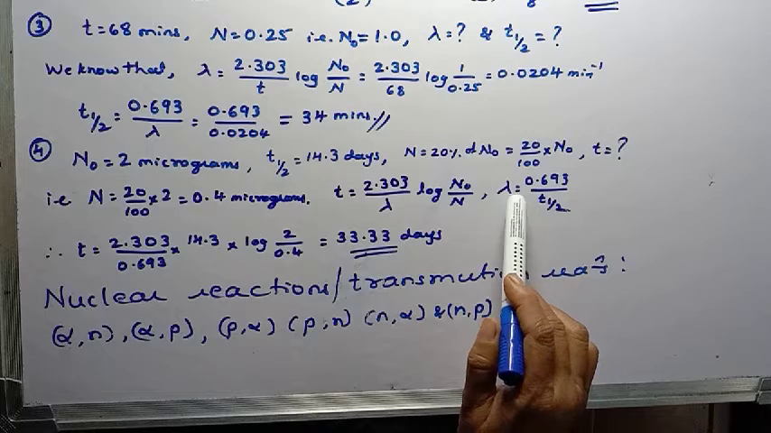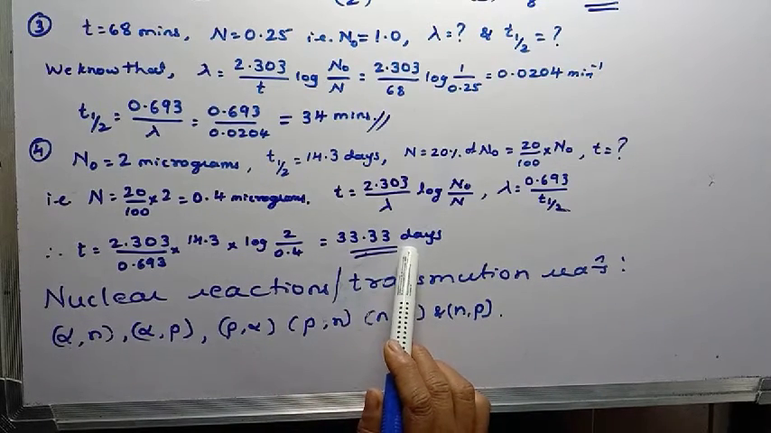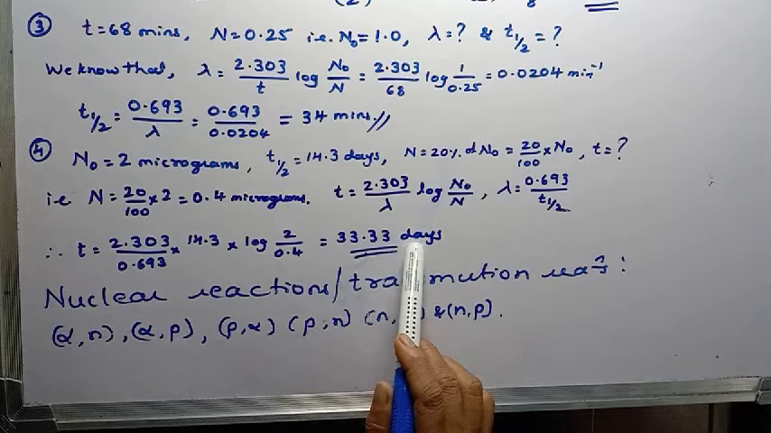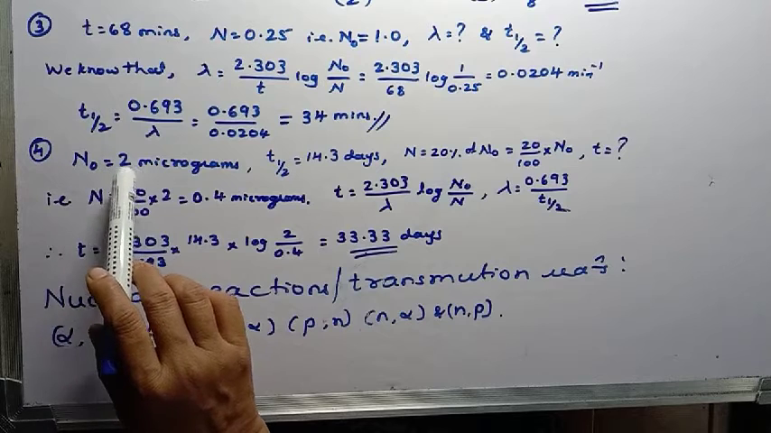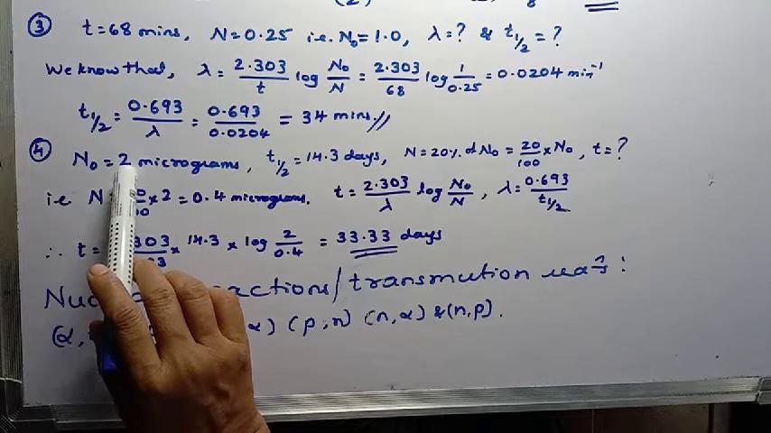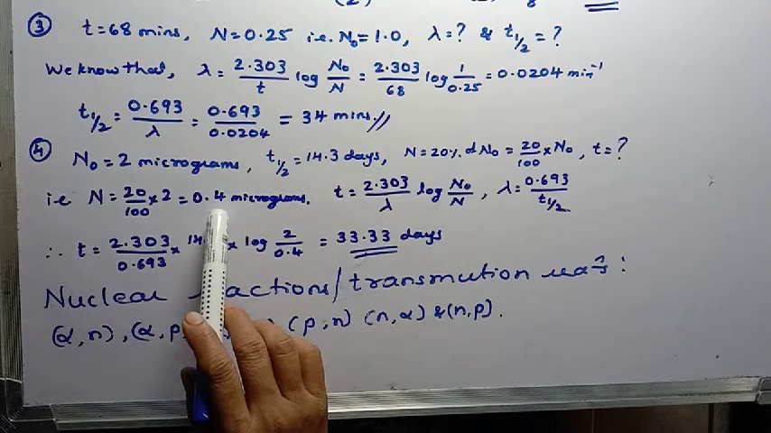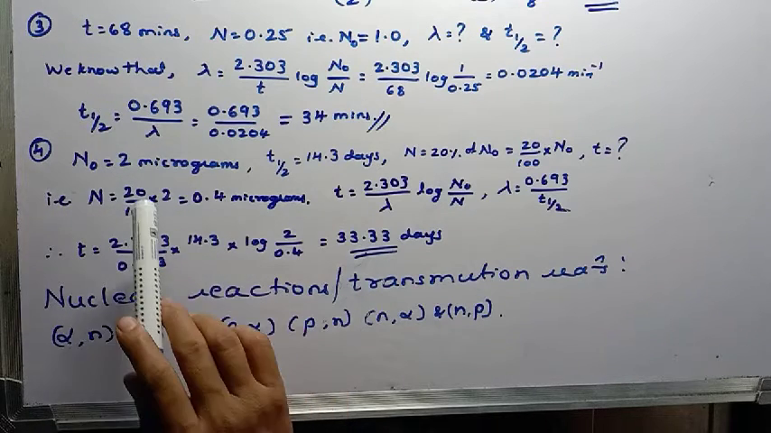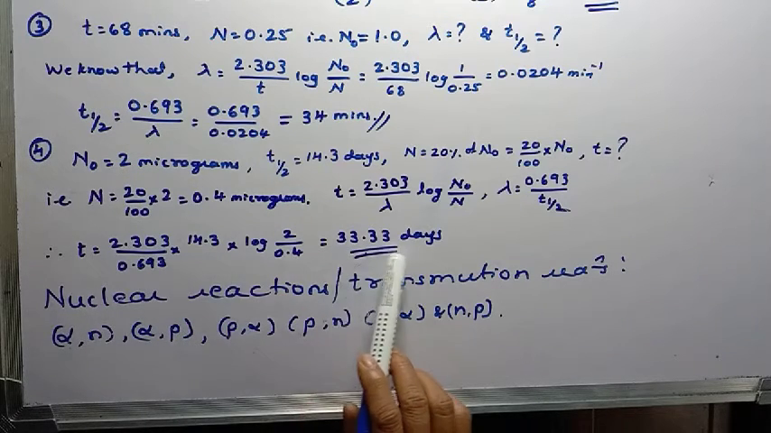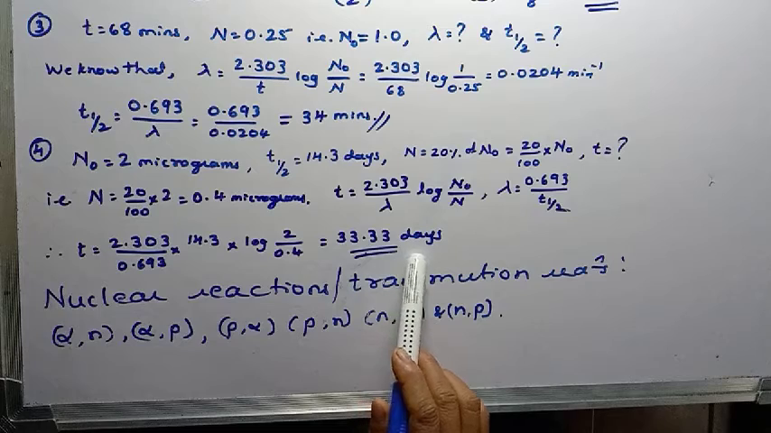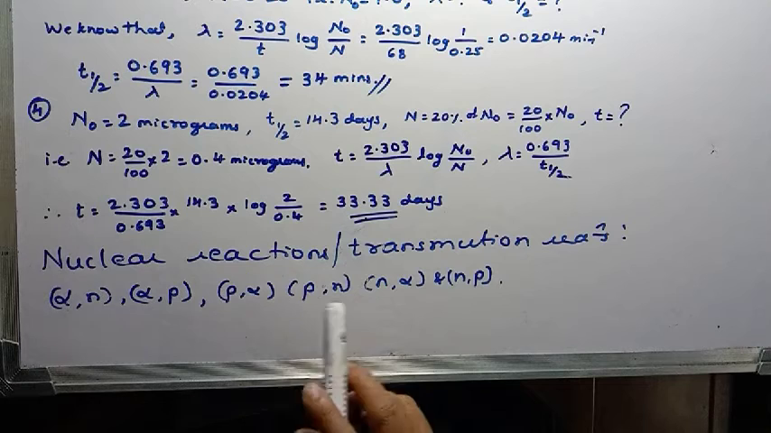Okay, by putting this value here and on simplification you will get the answer, that is 33.33 days. So after this much time, the 20% of the 2 will reduce to 0.4 micrograms. So this N0 will be reduced to this amount after these many days. Okay, are you clear? So with this we'll move on to the next one, that is nuclear reactions or